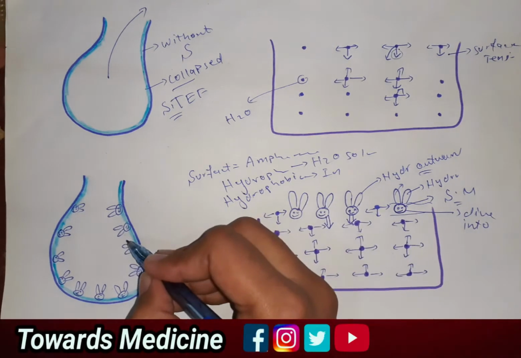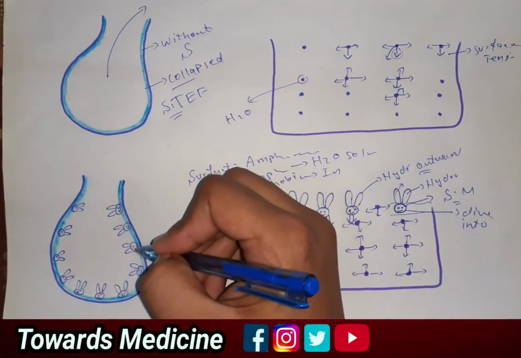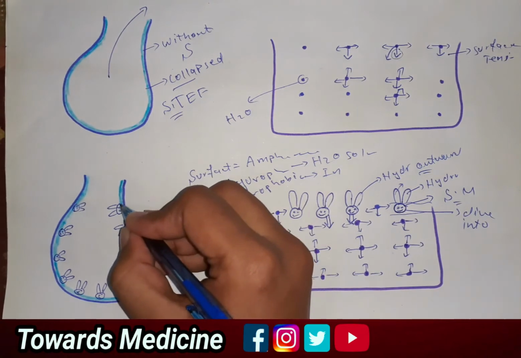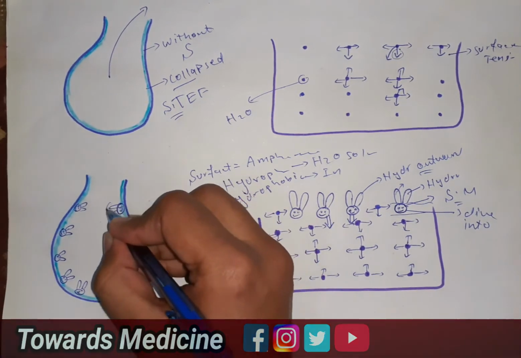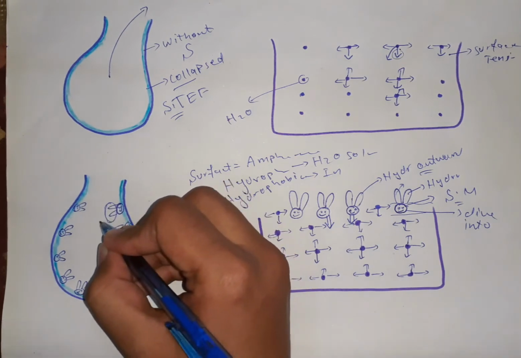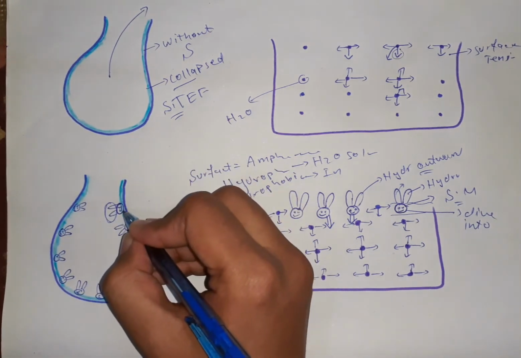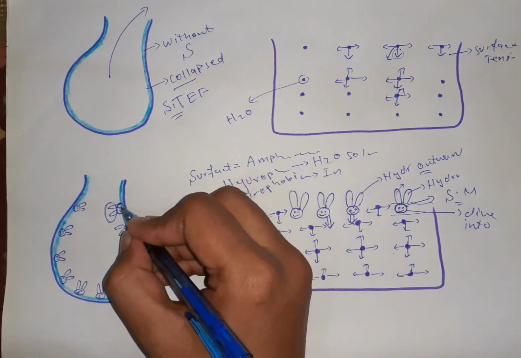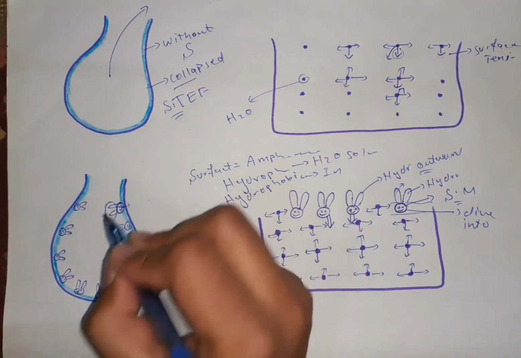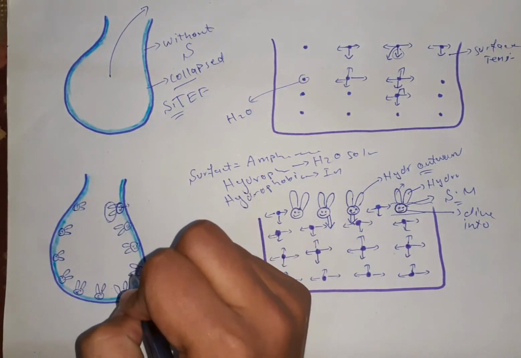You can see this is an alveolus, and surfactant molecules are present in it. This portion is water soluble, and this portion is water insoluble and hydrophobic, and it pulls the surfactant molecule outward, while the hydrophilic portion makes it soluble in water. So it cannot move downward due to the downward attractive forces. In this way it reduces surface tension.